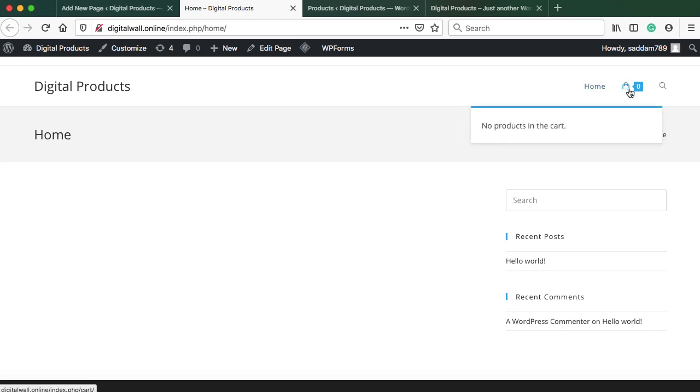Then we have this menu cart icon. When someone adds a product to the cart, this number increases, like 1, 2, 3, 4, and this is the basic product search bar. In the upcoming few minutes, I will guide you how we can create an Amazon type Ajax based search bar, so the user can simply type the product name and it will automatically display the results. Now below the header, this is called the page title bar. This is the page title and this section is called breadcrumbs. So we need to remove this page title bar.